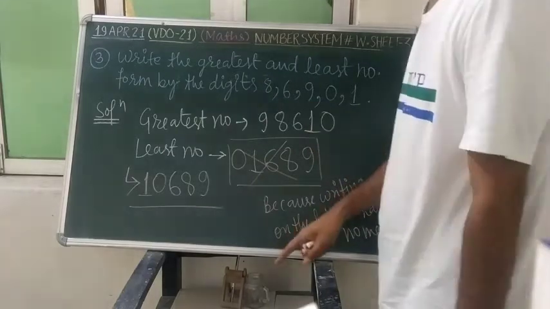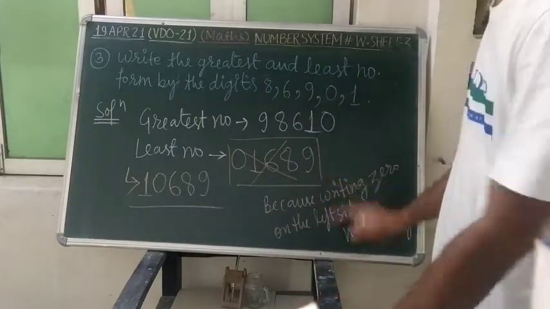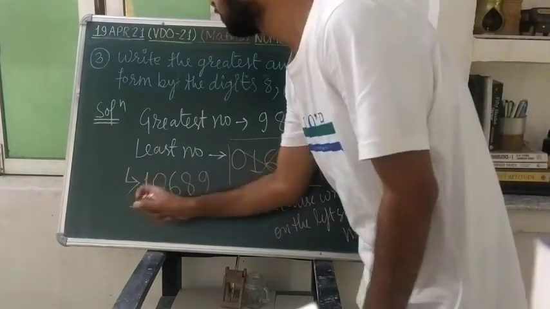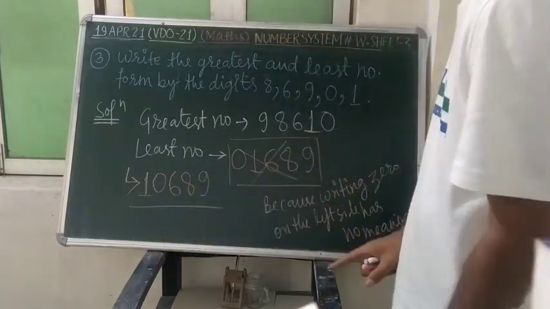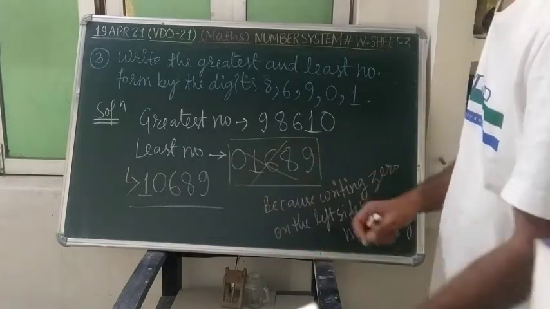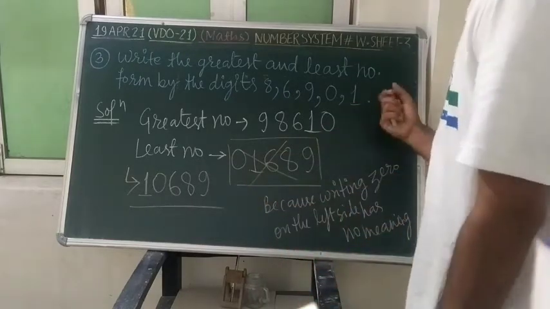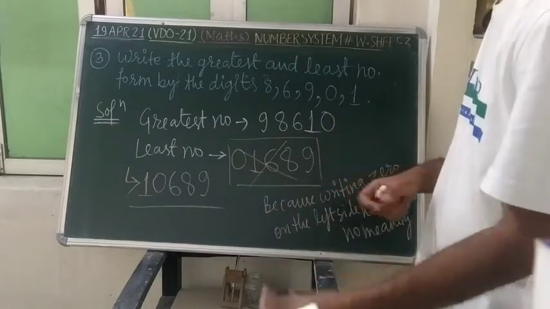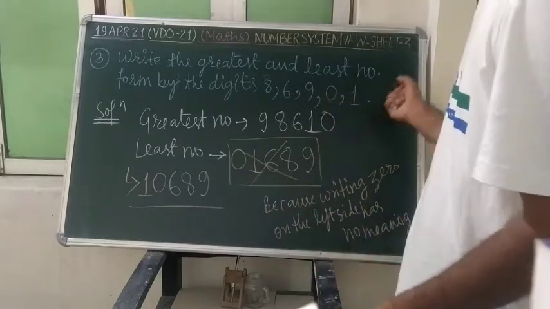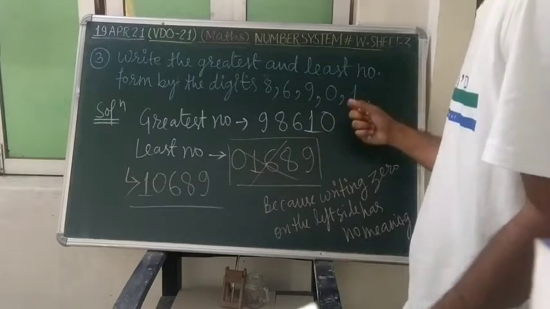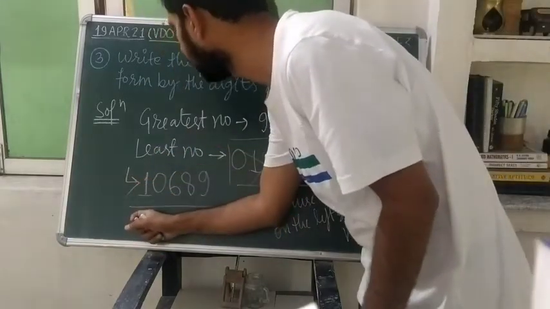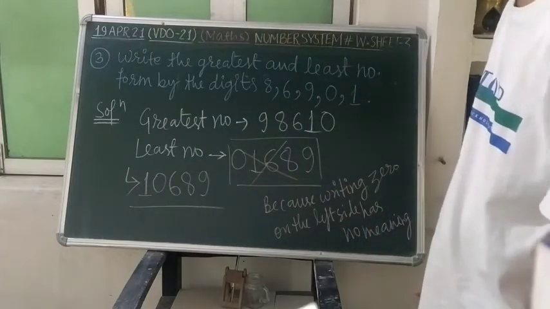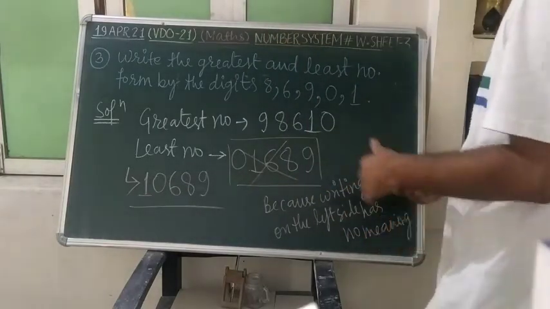So for the least number, we will look: if 0 is present in the problem, the first digit we will not select as 0. We will move to the number which is more than 0 present in the problem, and the digit more than 0 is our 1, which is present in the problem. So that I will write first. After that we will write 0. Okay. And we will move to the